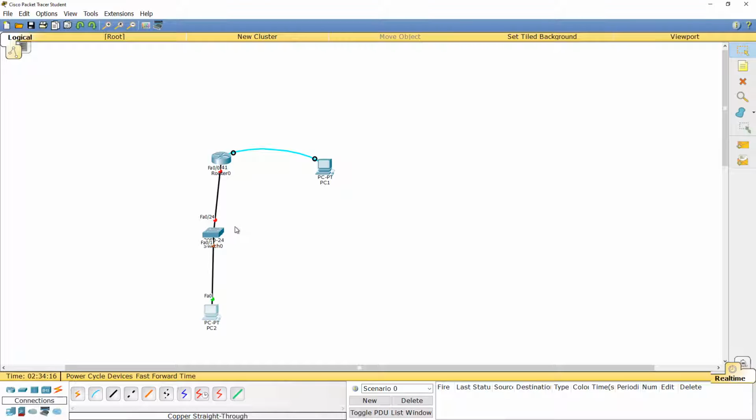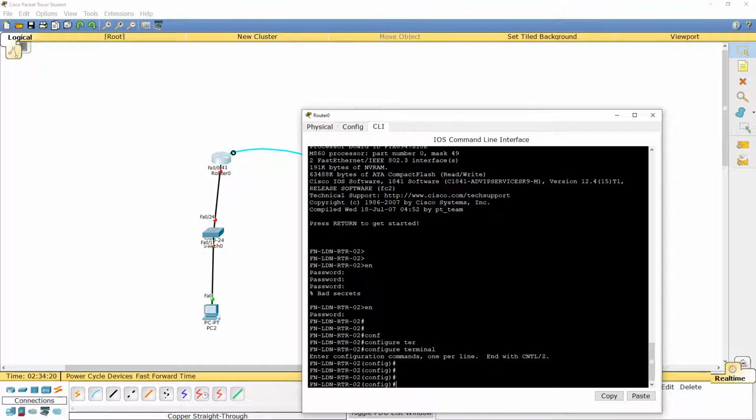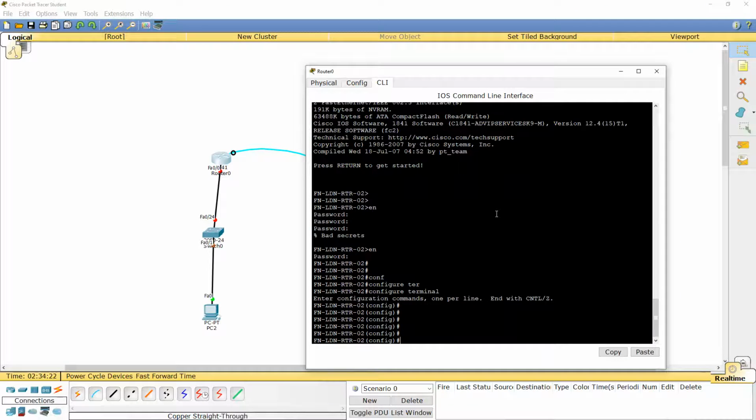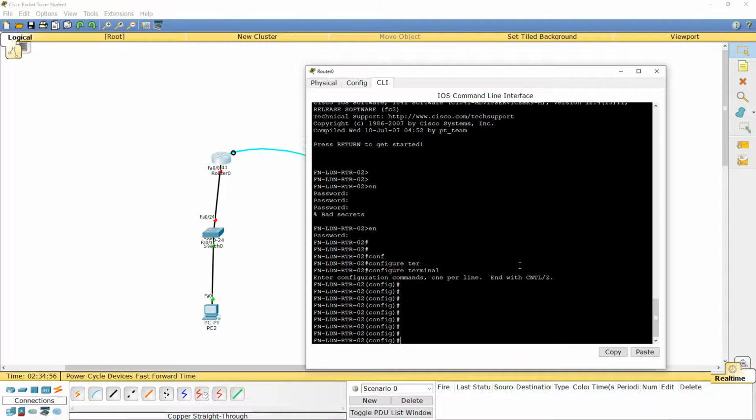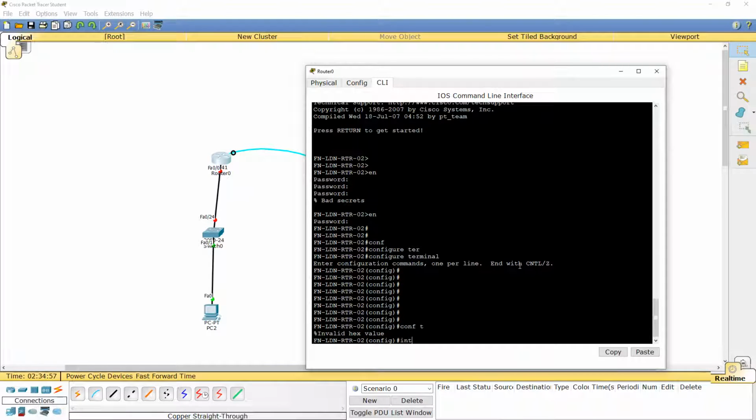If I go into the router right now, you see this line is red, but this line is amber and green. What is the difference? You can see these two are green right now and these two are red. On the Cisco router, what is the port number?